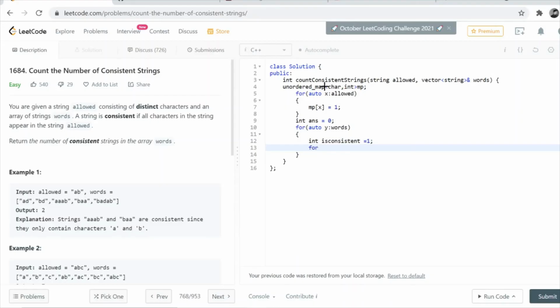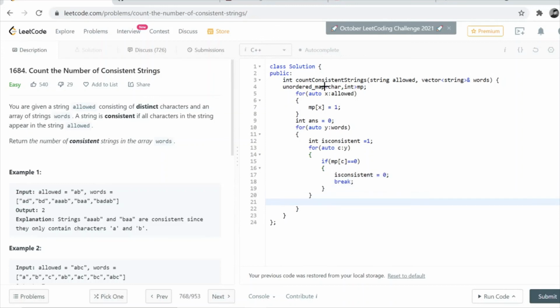And let's run another loop, auto c, which will run on each character of the string, and we will check if in the map that character's count is 0, then we have to change the value of isConsistent to 0, and also break out of this loop because we know that the current string cannot be our answer.